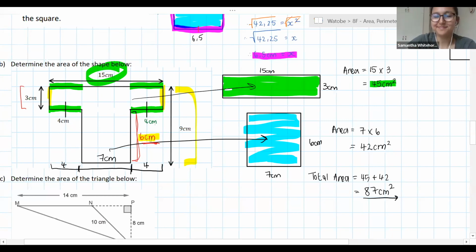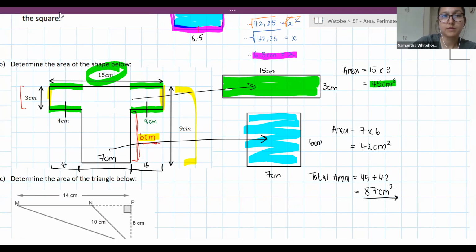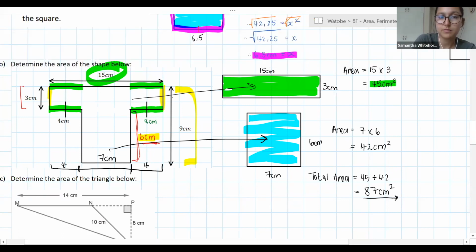Oh, because on the 7 centimeters, I thought you just added the 3 centimeters and the 4. No, so I just worked it out based on the total length that I had from the top of my T shape. And the 6 centimeters, you got it from, what do you call it? Did you get it from dividing,